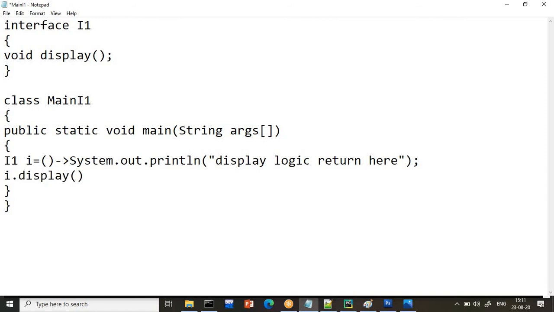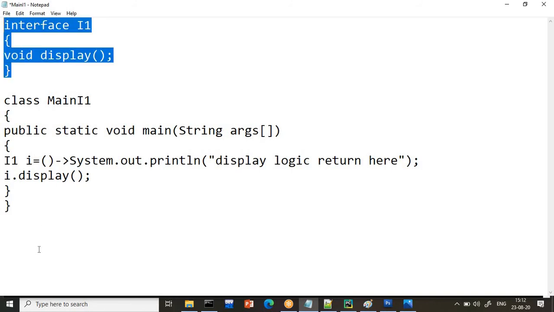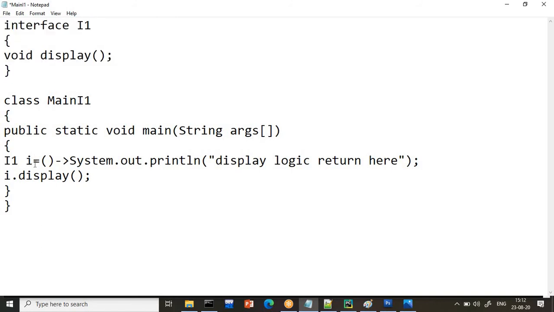Here i is an interface reference. It is not exactly an object, because the object is not clear, so just say it is a variable. By using this variable I am calling display. Because it is a functional interface, a lambda expression is possible.